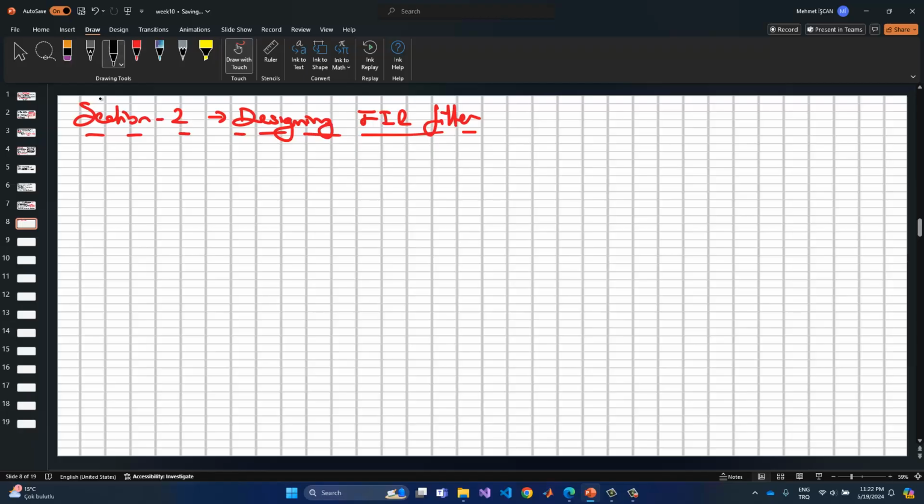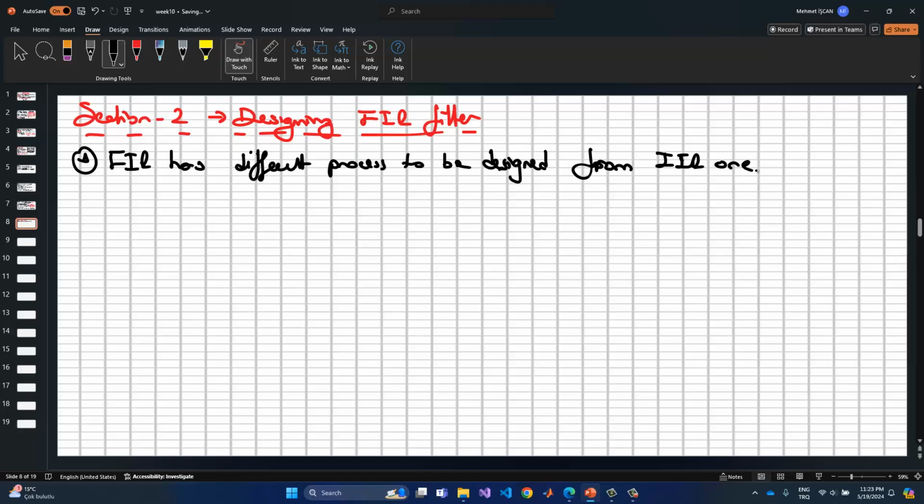First of all, we need to say that the FIR filter has a different process to design, or is designed, from the IIR one, since we have